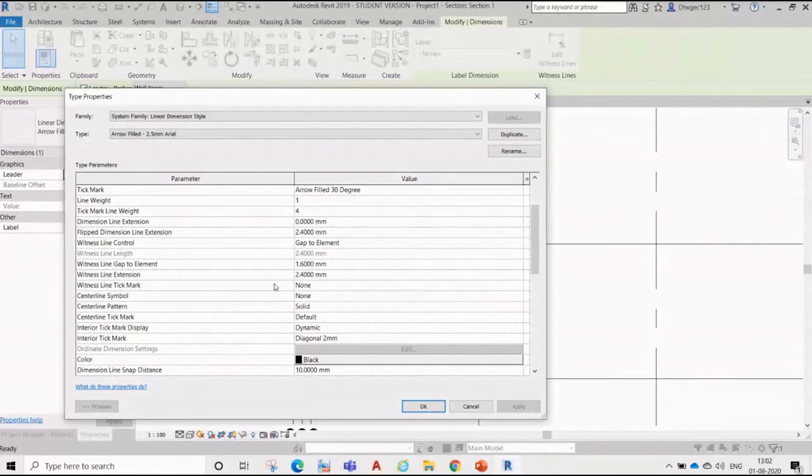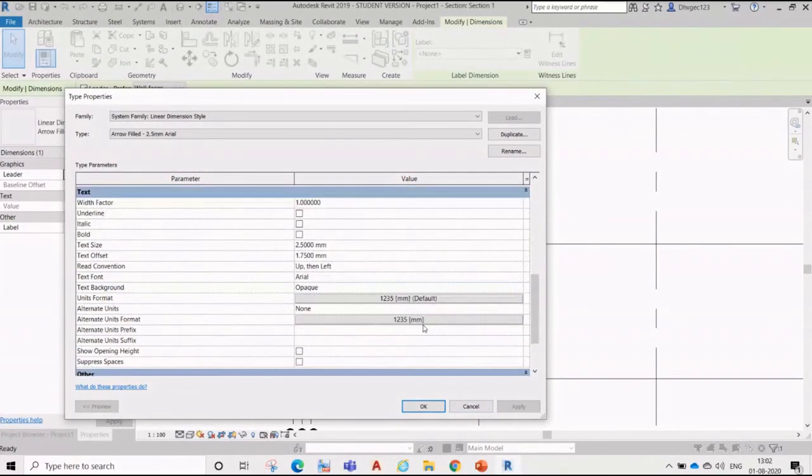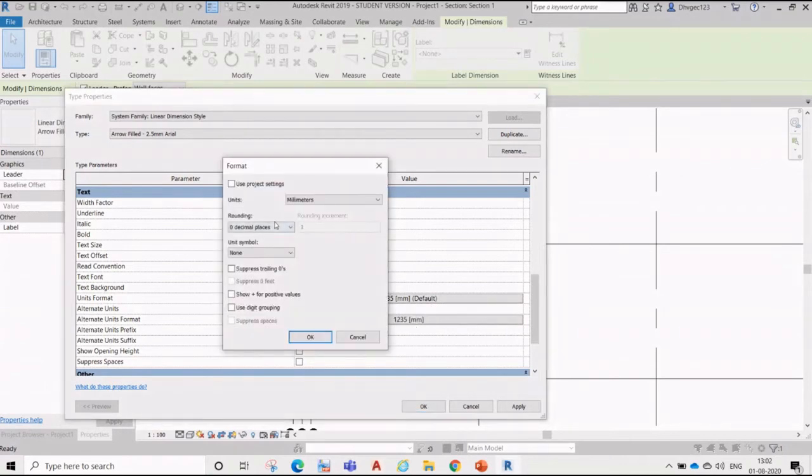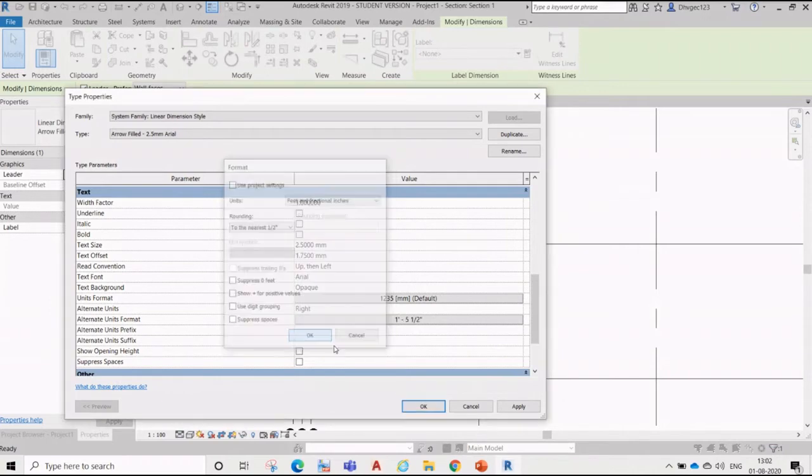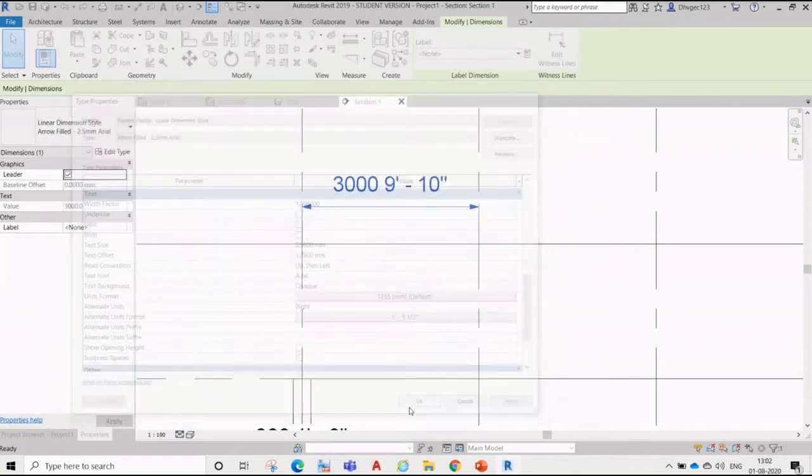That is also possible, alternate unit. You can see an alternate unit, and you can define it over here. Like here, I'll put mm and inches, millimeter and feet. Apply for the time being.